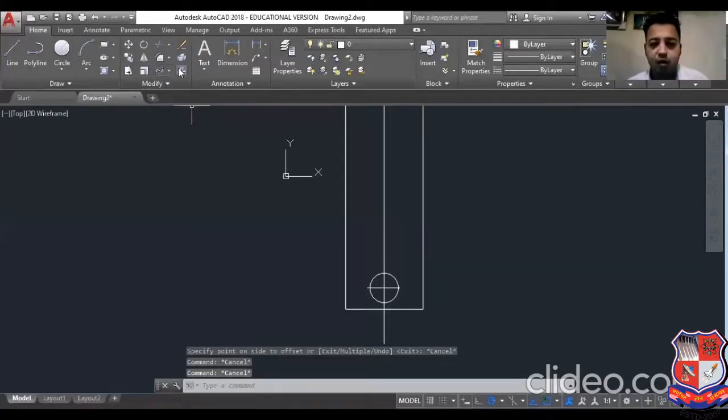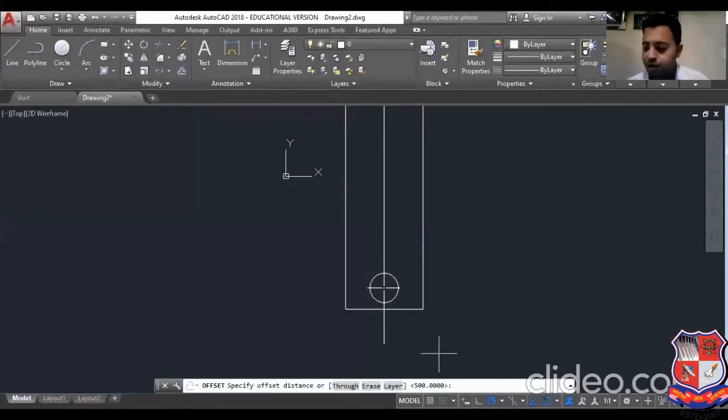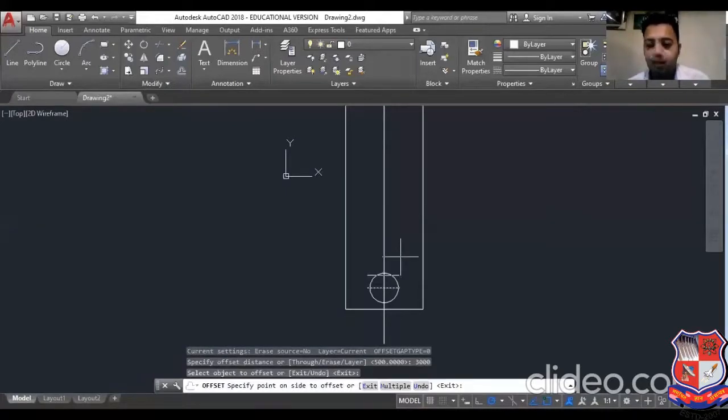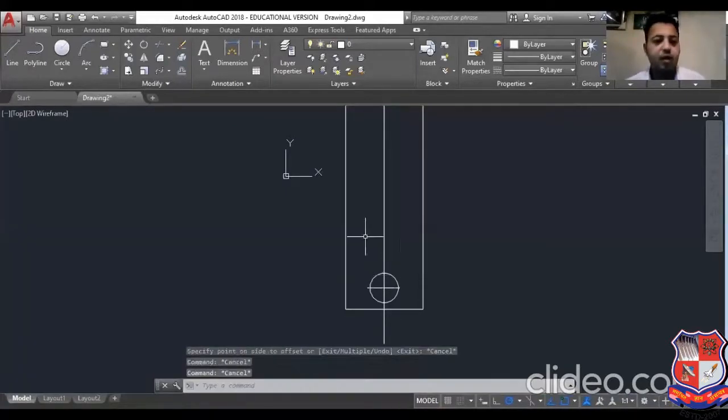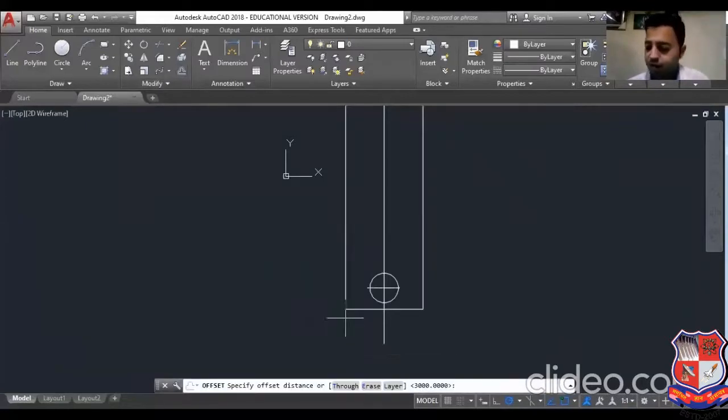So click on offset, and I will take the distance as 3000, enter. 3000 means I want to copy this line at 3000 in the upper or lower direction. Select the line and try it. 3000 is also too much. I will say 5000 or 6000, sorry, 6000.